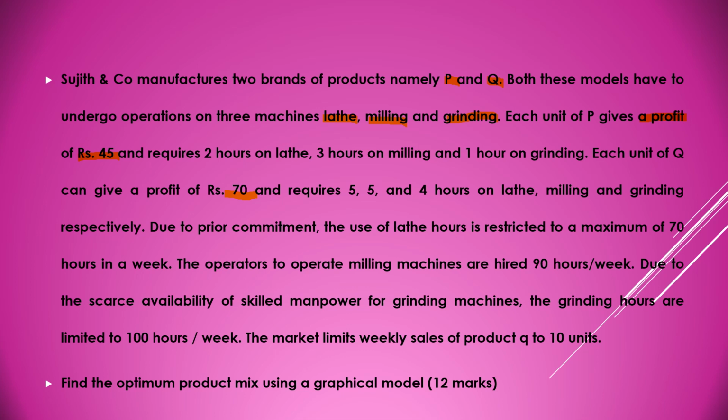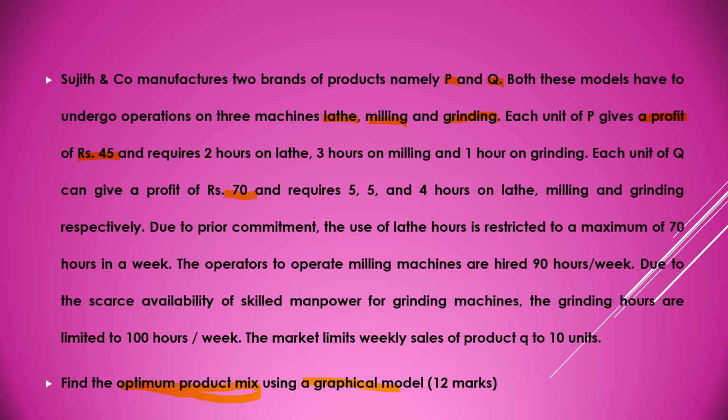And finally, it says the market limits weekly sales of product Q to 10 units. So when there is a limit, they cannot go below this limit. Therefore, the product Q should be more than 10 units. Then let's see what the question is all about. The question is all about finding the optimum product mix